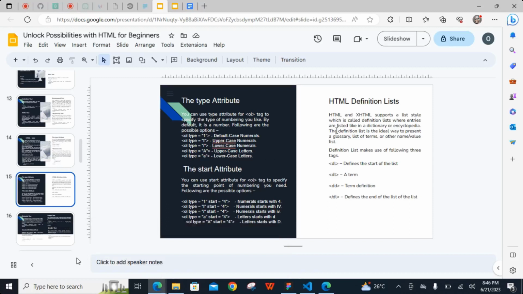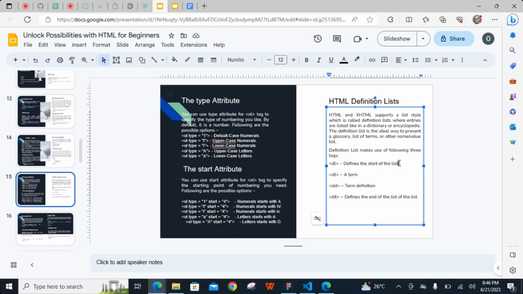Then we have some other tags such as the DL. The DL tag defines the start of the list. Is that clear now? The DL defines the start of the list, while the DT is a term. The DD defines the definition, and the closing DL defines the end of the list. So when you look at it, it says HTML